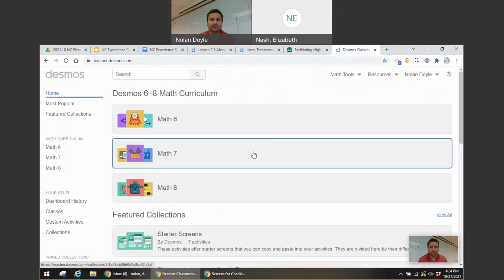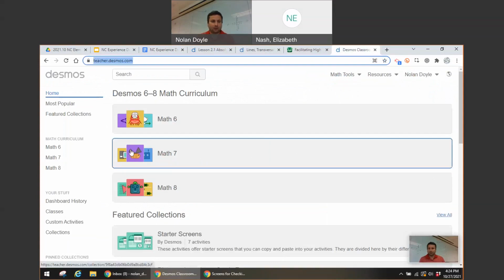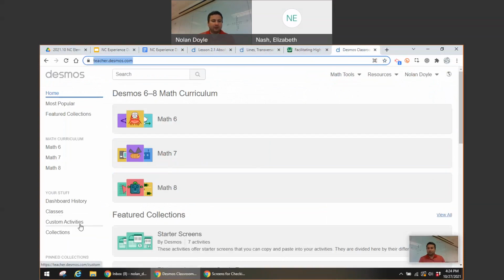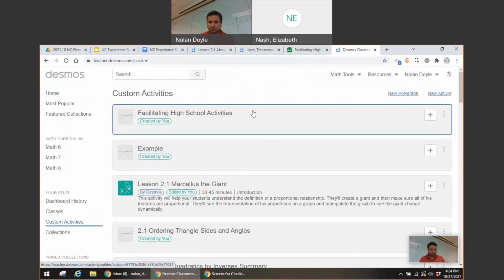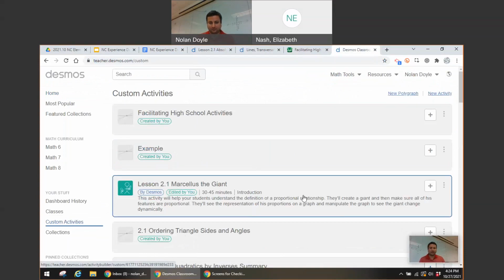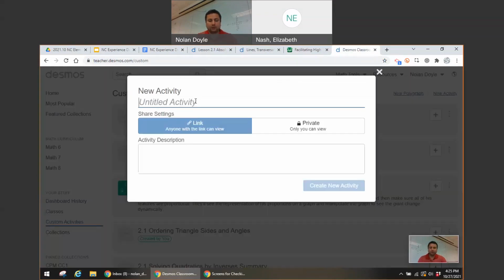But to build your own activity, we're at, again, teacher.desmos.com, where all the Desmos main activities are. But I'm going to go to custom activities on the left-hand side. These are ones I've edited or created myself. And I'm going to go ahead and click up here, new activity. So I'll give it a name